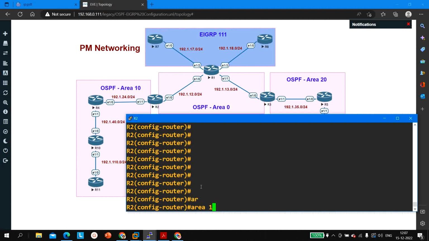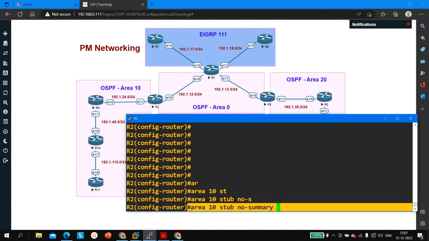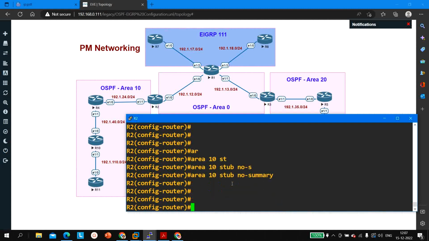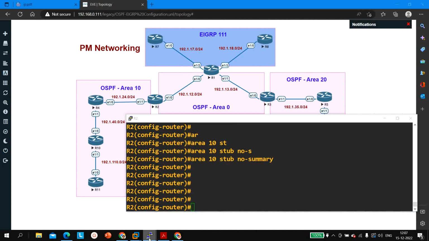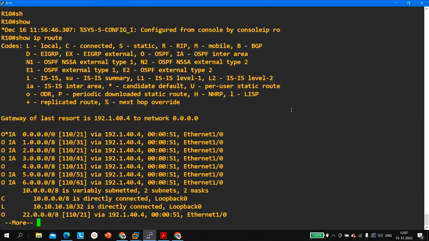Area 10 is stub, and here we need to add one more command, that is no summary. This command enables what? Totally stub area. This command will enable totally stub area. So on router number 10, if you verify now,